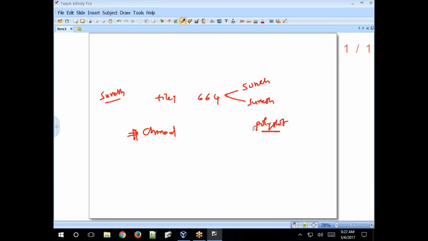So either you need to add the user to this group, or set permissions for others to 6. If you set read, write permissions on others, then not only the polyglot user, any user can read and write. Any user in the Linux system can read and write. So if you created a number of users, now any user can read and write. So how to allow a particular user?